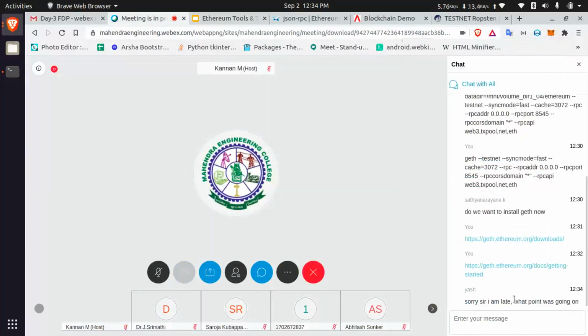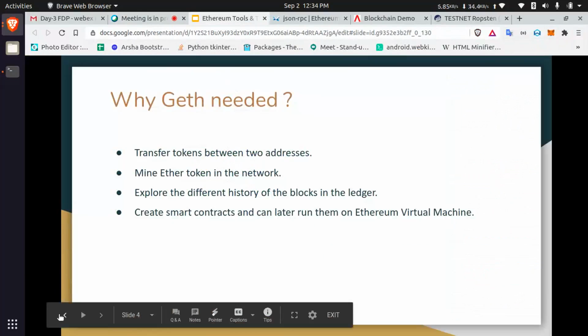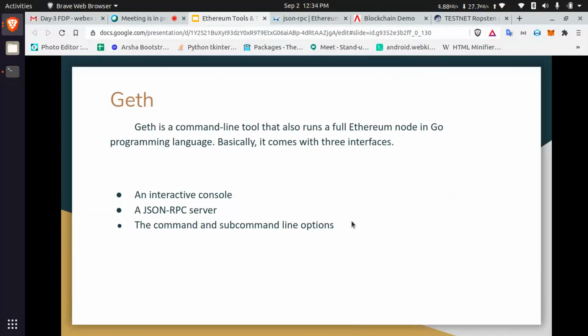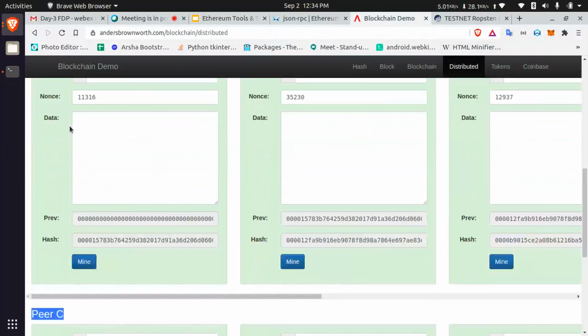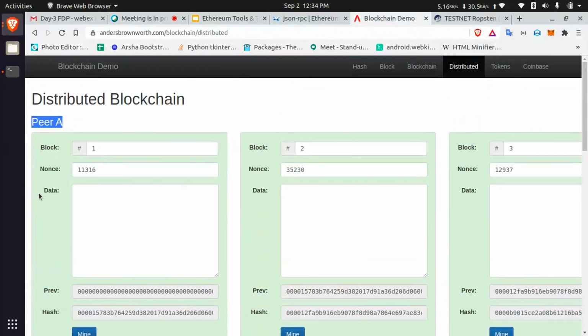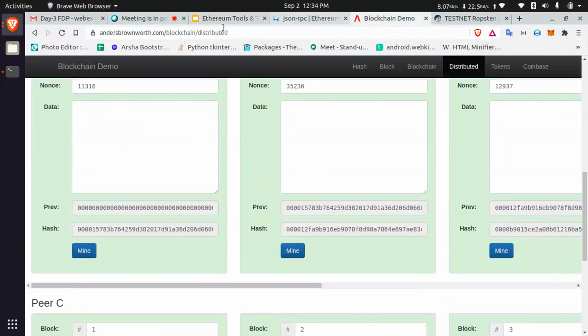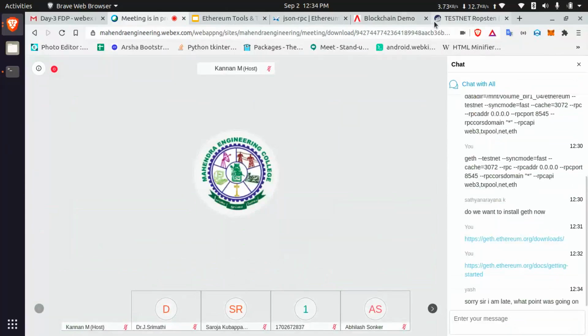I just explained why we need to use Geth. Geth is like connecting; this is like a peer. You are going to start a peer, like I explained in the previous session. Peer A, peer B: we are going to create one peer. That is the use of Geth.